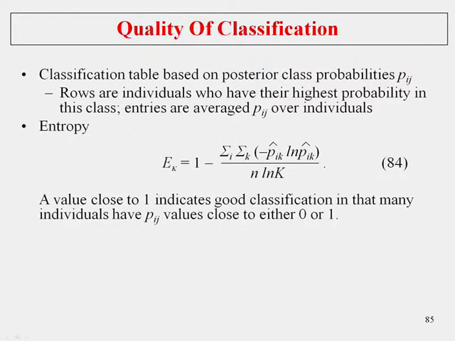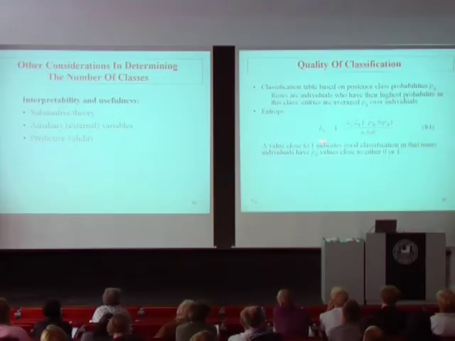On the right slide, we talk about quality of classification, which is based on those posterior probabilities at the end of the estimation, once we've gotten maximum likelihood estimates of our parameters. We will take a look at two ways. One is a classification table, which is described up here in the first sub-bullet, and I think Linda will have examples where she goes through discussing how to read that kind of table. And if you want to summarize it into one single number, you talk about the entropy, which is this formula